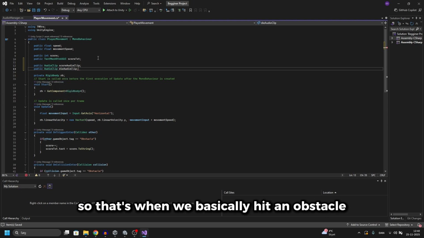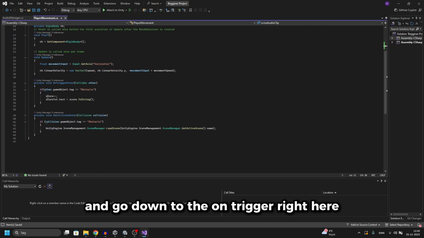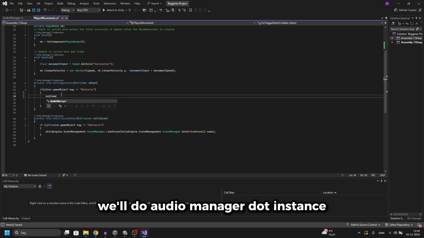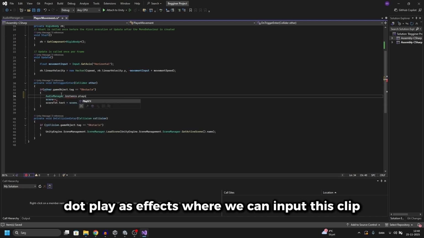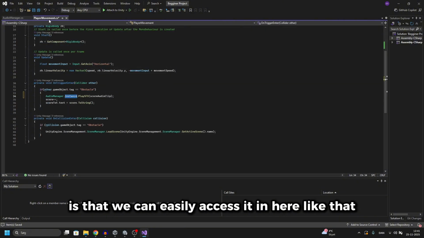So that's when we basically hit an obstacle. And this one, score audio clip, let's copy that one and go down to the on trigger right here where we add some score. Above this, we'll do audio manager.instance.play SFX, where we can input this clip. And that's what's smart about using the instance, as we did right here, is that we can easily access it in